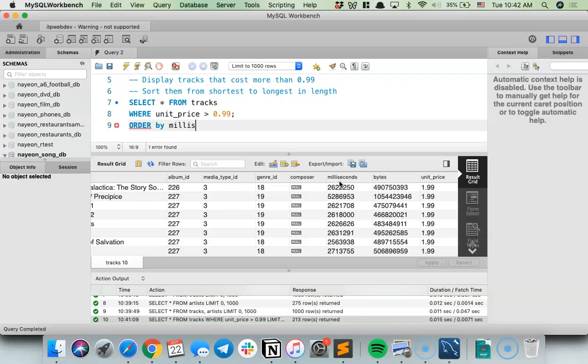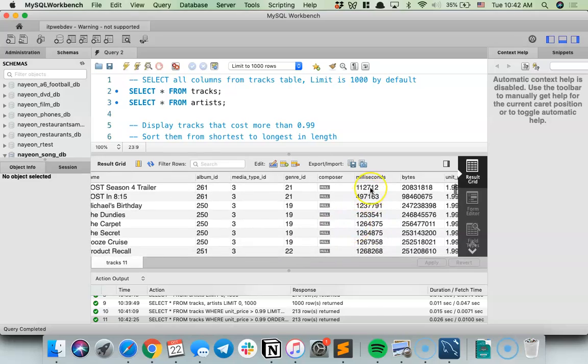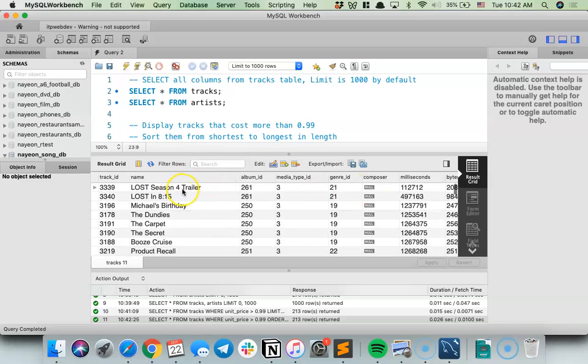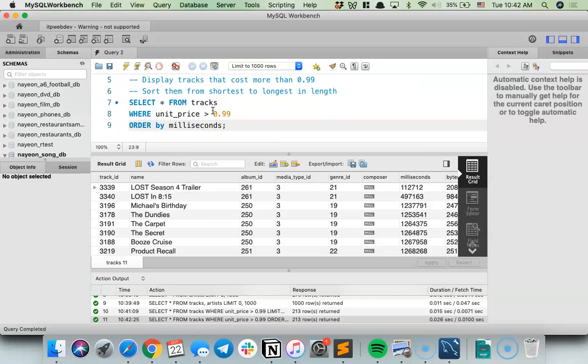So I'm going to do milliseconds, put the semicolon at the end. This is one piece of script I'm going to run. I click on the second Thunderbolt again, and it shows me order by milliseconds. By default, it goes from shortest to longest. So the shortest track is the Lost Season 4 trailer. I guess this also has not just songs, but other media types as well.